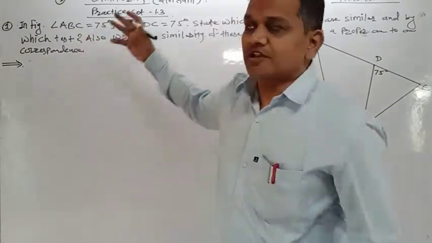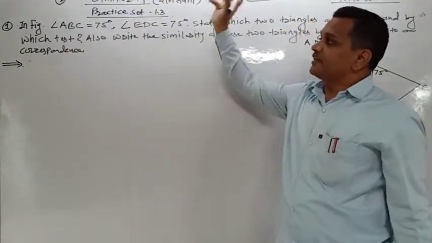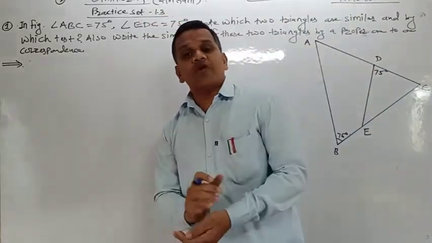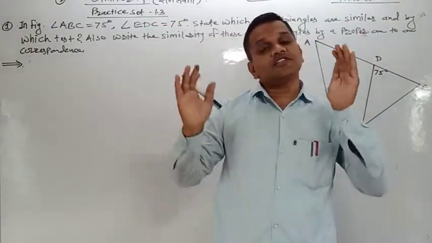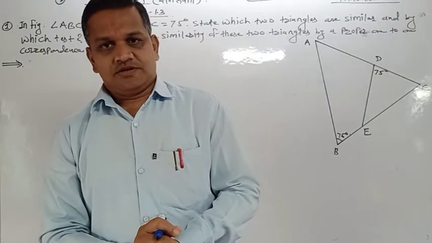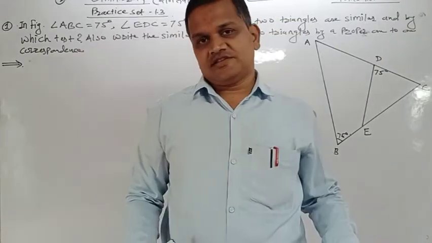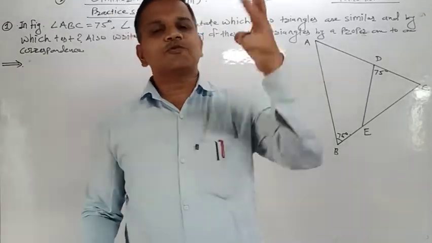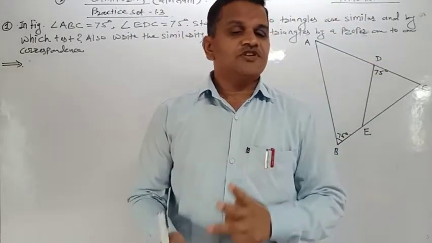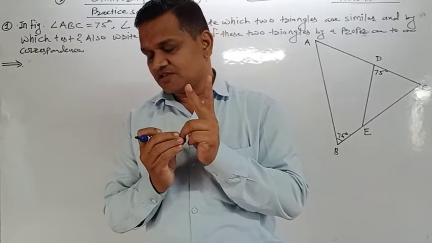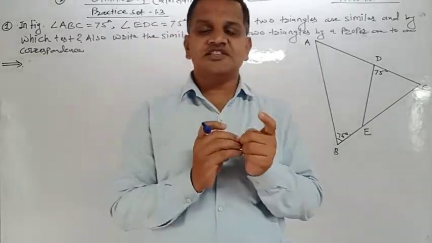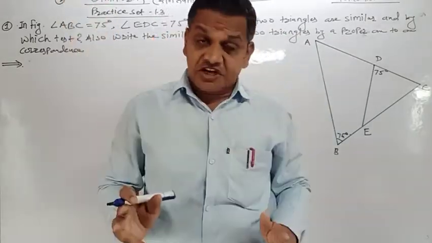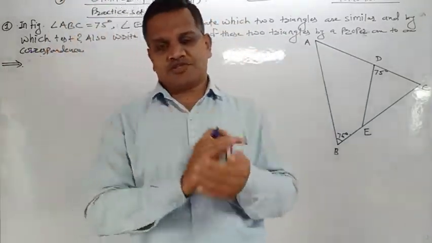Today we are going to study the first chapter of geometry, that is similarity. In the last period of similarity, we studied the tests of similarity of two triangles. We know that there are three tests of similarity of two triangles. First is SSS test, second is SAS test, and third is double A test. Now by using these tests we can solve the problems.